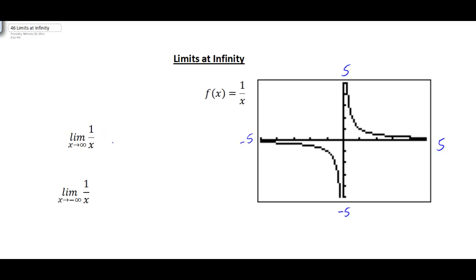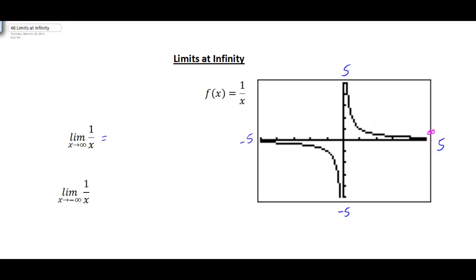If we take the limit here of 1 over x as x goes to infinity, well, if x is going to infinity, then that means what's happening as x gets extremely large? As x gets extremely large, our graph is getting closer and closer to the x-axis. And you can tell with the graph, the further this goes out, the closer it's going to get. But we know that it will never get to 0 because 1 over x can never equal 0. So therefore,